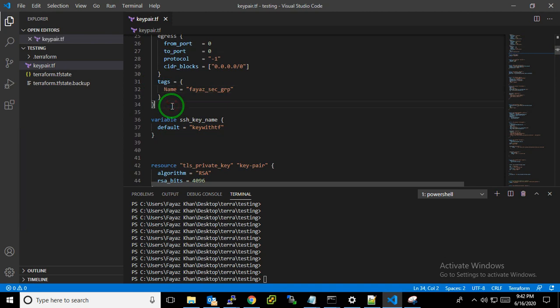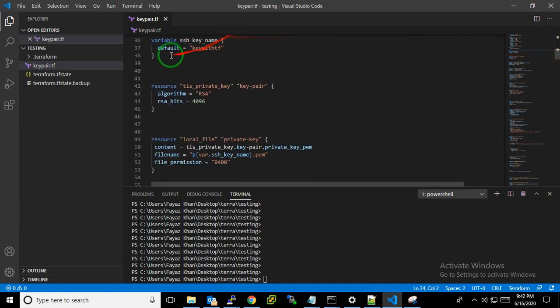After that, I will go with the key. Sorry, the key is a generated key, with which we connect to our AWS server. I have defined a variable here for the key with TF, and a resource for generating the key pair here.